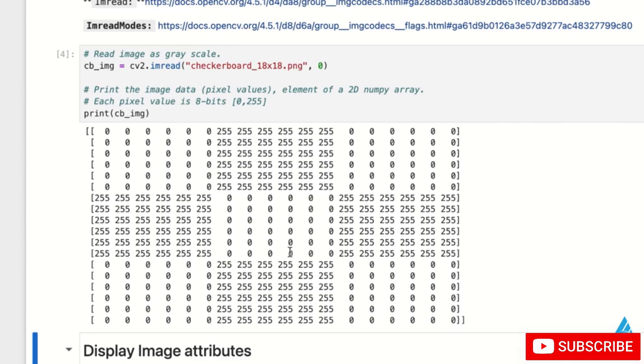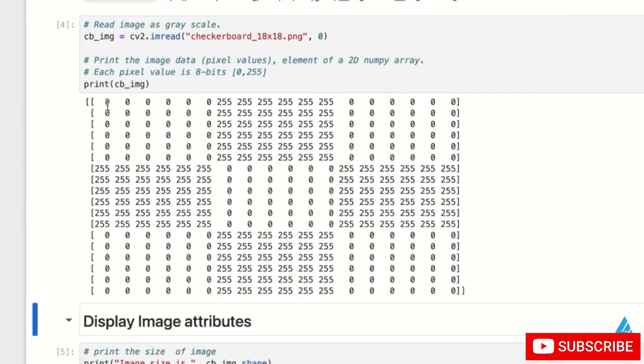As you can see here, you have 0. The 0 stands for low intensity and 255 stands for high intensity. So 0 is black and 255 is white. Depending on how black a particular portion is, it's going to be closer to 0. And depending on how white a portion is, it's going to be closer to